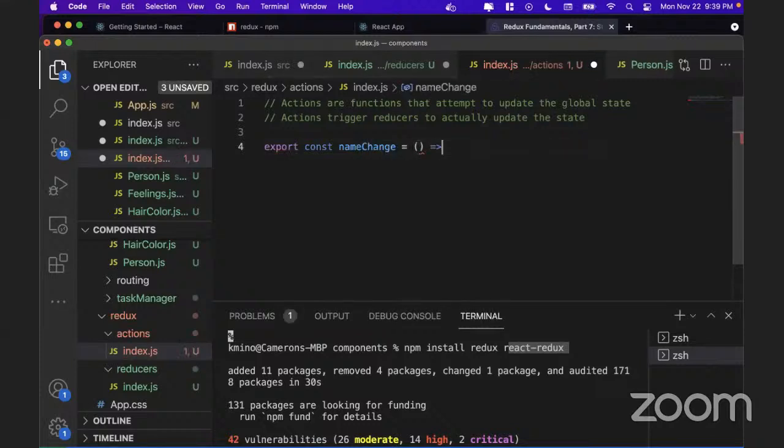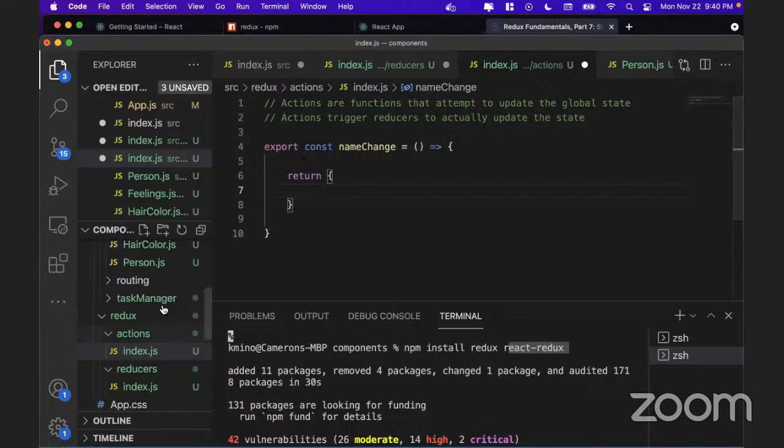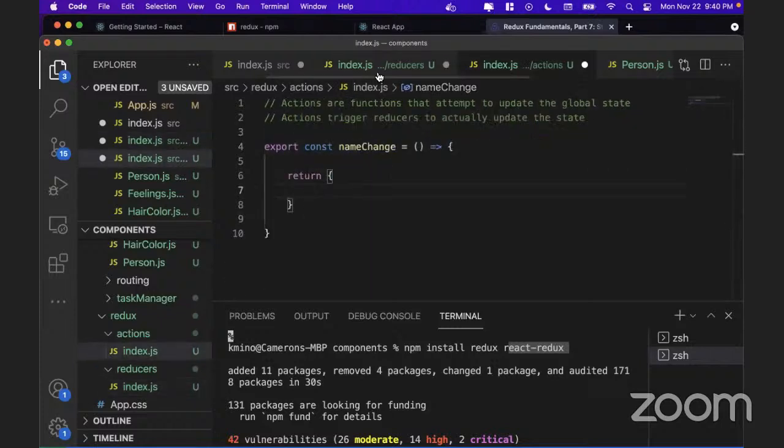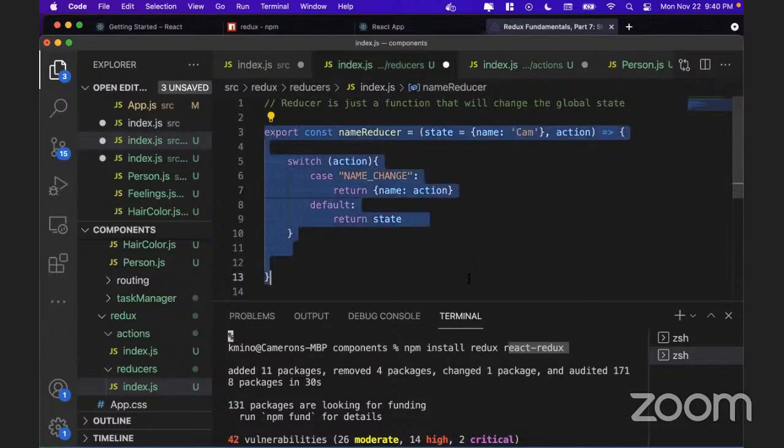And this function is going to basically say, hey, once this function gets called, it's going to do something very specific. It's just going to return an object that's going to get passed into our reducer. So Redux works like this. It knows that the actions that are getting called are going to always trigger a reducer. Every time an action gets called, all of the reducers that you define in your Redux are going to get